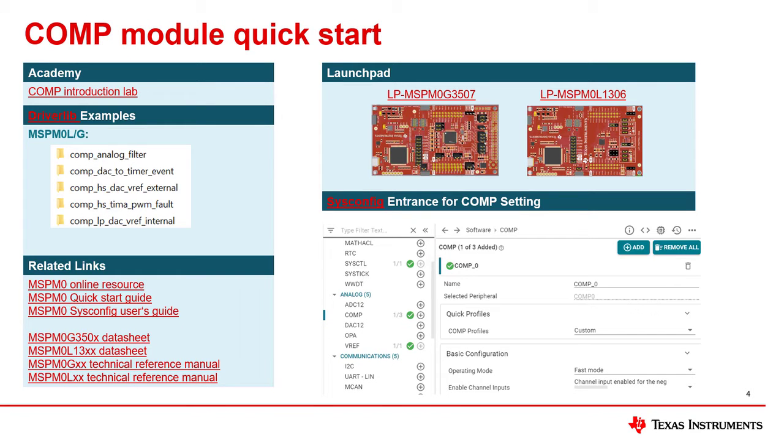Now that we understand some basics about how the comparator on the MSP M0 works, we can start to learn how to use it. First, we recommend buying an MSP M0 Launchpad to get started developing without any additional accessories. Once you have a Launchpad, you can get started on the MSP M0 Academies. The Academies help readers learn about the configuration and usage of the MSP M0 devices through successive tasks, questions, and instructions. You may also refer directly to the driver library functions, technical reference manual, and datasheet.